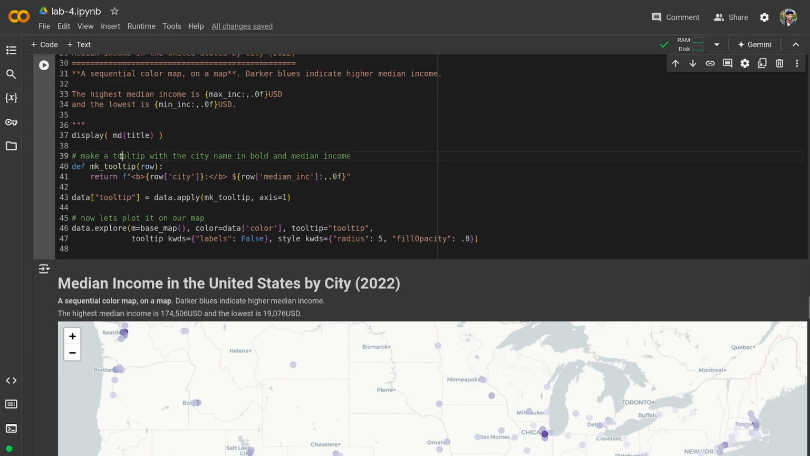Now this is definitely a review from last week. Remember that we can have custom tooltips, right? And that's what I'm going to do. I'm going to take the entire row in my apply, and for every row, I'm going to take the city. And I like this cleaner syntax. So row.city